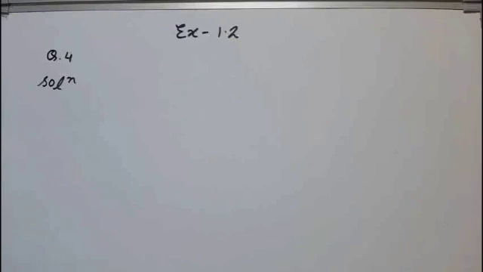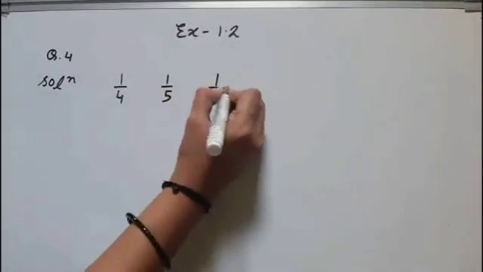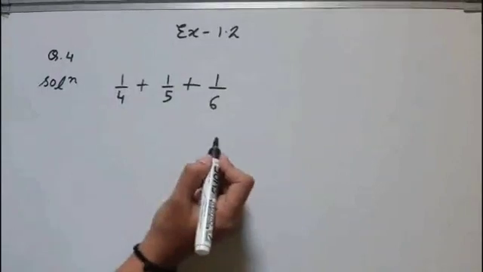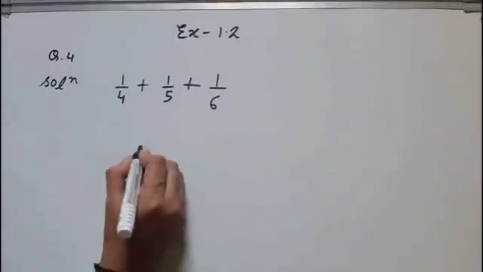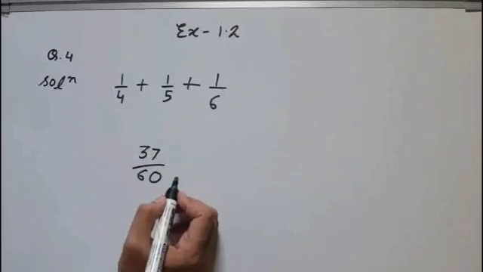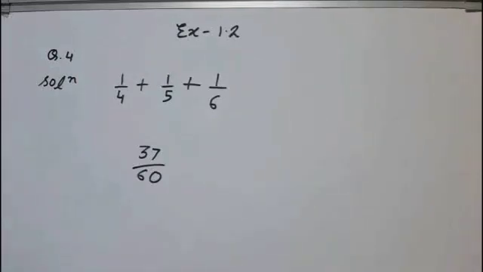First doubt is asked from exercise 1.2, question number 4. Anahita gave different fractions of marbles to her cats. So the fractions are 1 upon 4, 1 upon 5 and 1 upon 6. Simply, first you have to add these fractions by taking the LCM of 4, 5 and 6. So after adding you will get 37 upon 60. This is the total fraction Anahita gave to her cats, and in the question it is asked what fraction of the marbles did she take from the bowl.